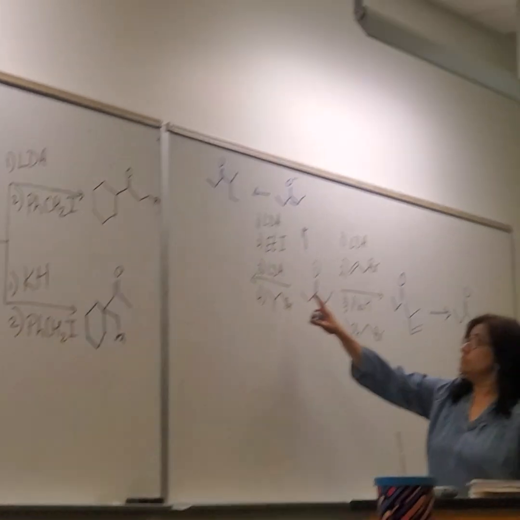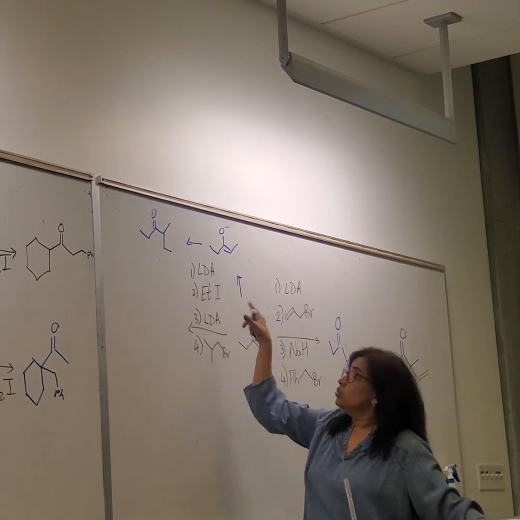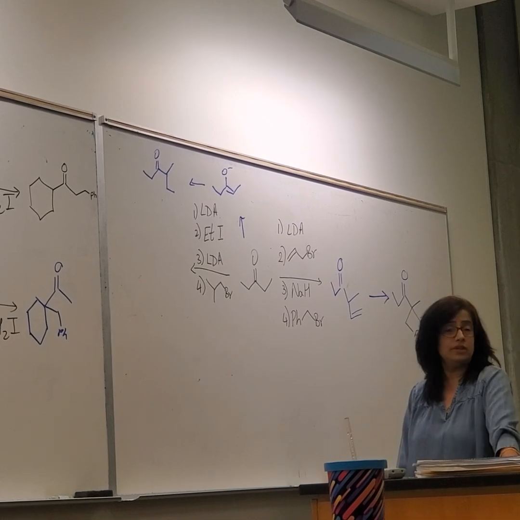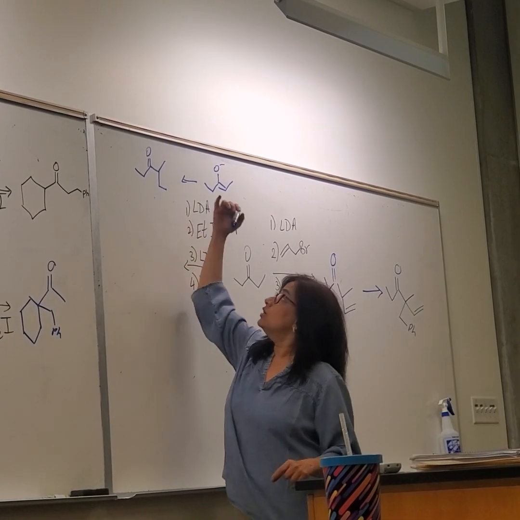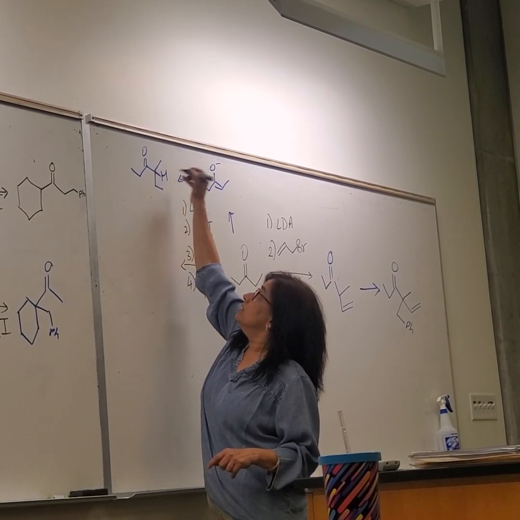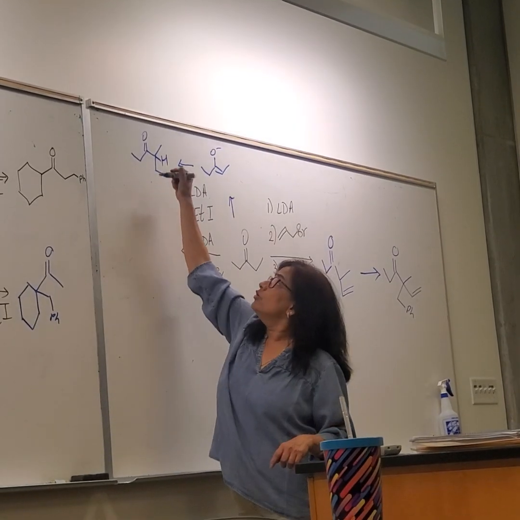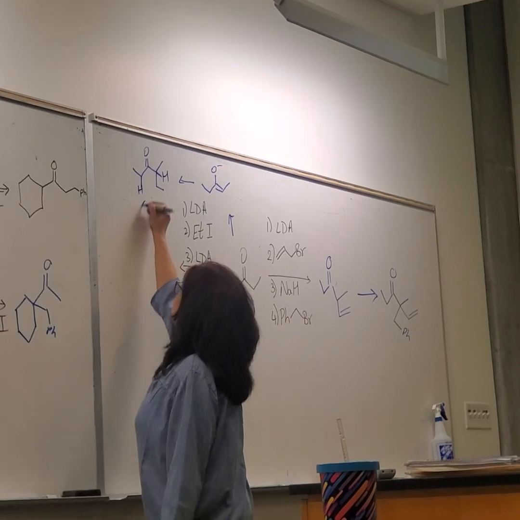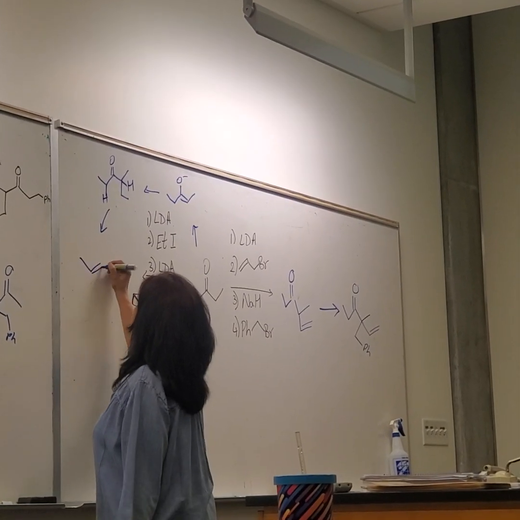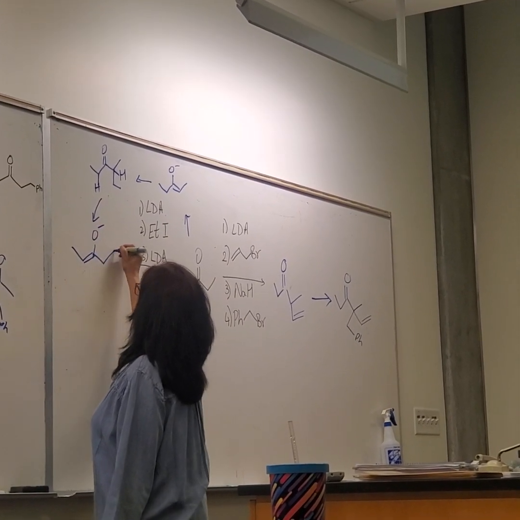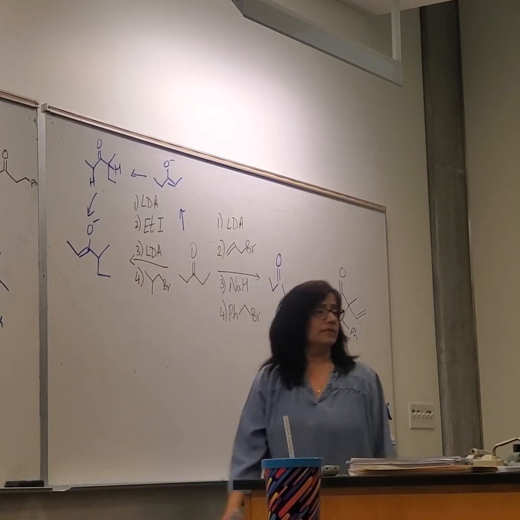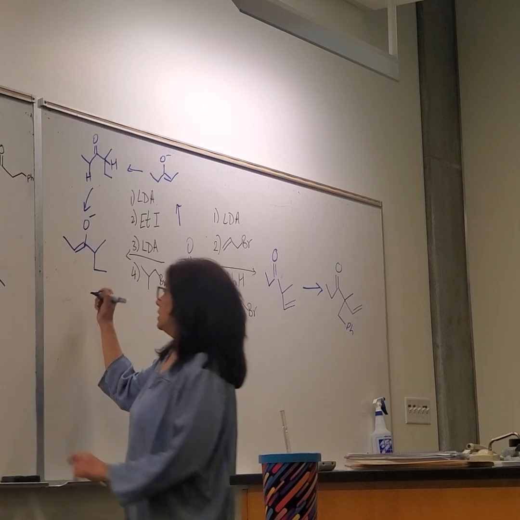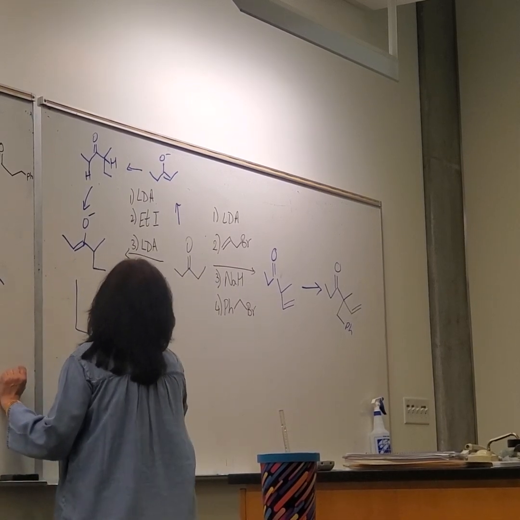So now we're using LDA again. Which enolate will be produced? Because now it's not symmetrical anymore. Will the proton go from the more stable enolate position or the more open position? Open. More open. So the kinetic enolate or the thermodynamic enolate? Kinetic. Agreed? So where will the alkyl group go next? To that double bond. So your final product is,